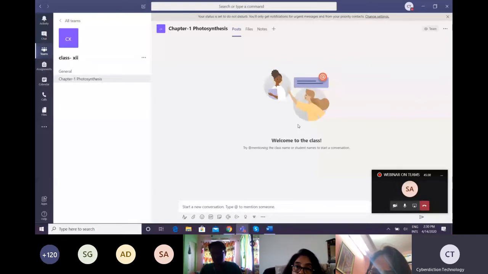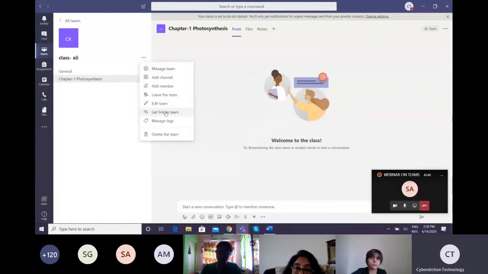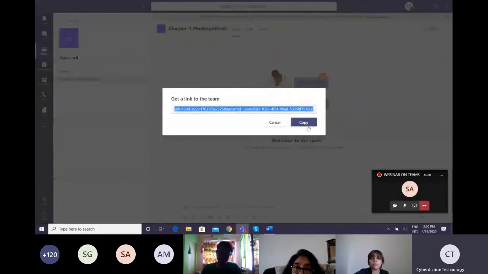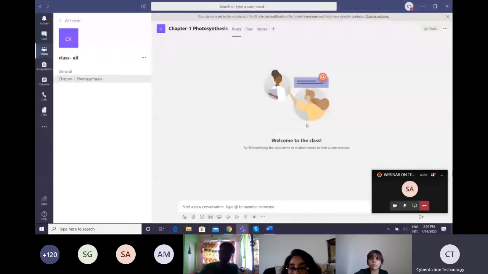You are not in my particular company's domain, so that is why I have just sent a link, as you are a third party organization. But here you will select this option, get link to team. Make sure that they have an ID and password with them, so that no one else can join this particular team. Okay.